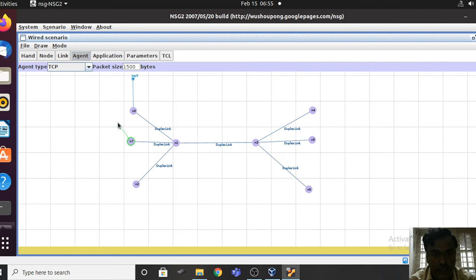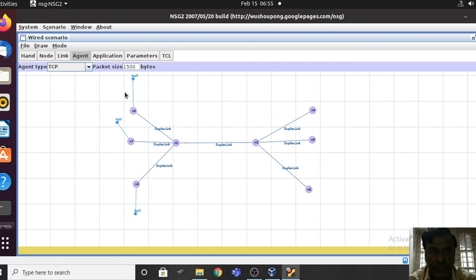This is another agent, and this is another. I wanted to transfer data from N0 to N6.